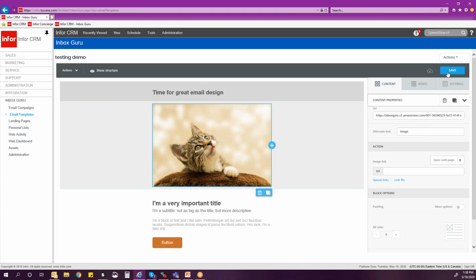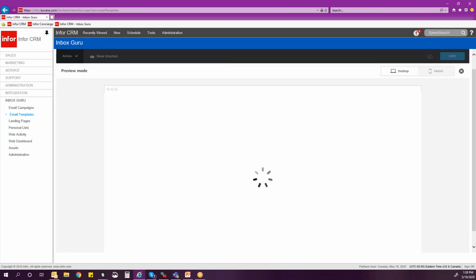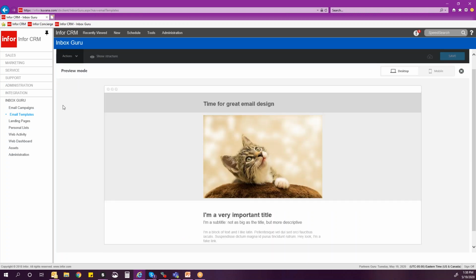Kevin, anything that you want to add to the template editor that you think is worth noting? Yeah, there's a couple things I think that are good. And if you don't mind going over to preview mode, if you could hit the eyeball, please. Yep. The big thing about this, it's a very good block editor, drag and drop editor. I would put it up against any editor on the market today, comparable with the MailChimps of the world, in terms of ease of use